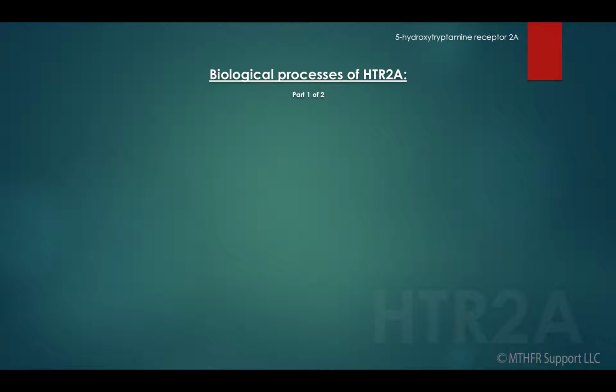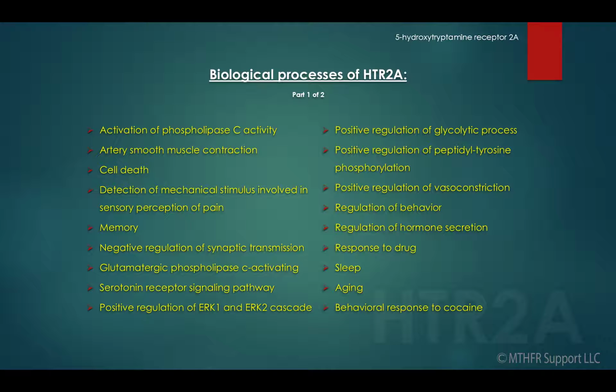The biological processes for HTR2A are activation of phospholipase C activity, artery smooth muscle contraction, cell death, detection of mechanical stimulus involved in sensory perception of pain, memory, negative regulation of synaptic transmission, glutamatergic, phospholipase C-activating serotonin receptor signaling pathway, positive regulation of ERK1 and ERK2 cascade, positive regulation of glycolytic process, positive regulation of peptidyl-tyrosine phosphorylation, positive regulation of vasoconstriction, regulation of behavior,